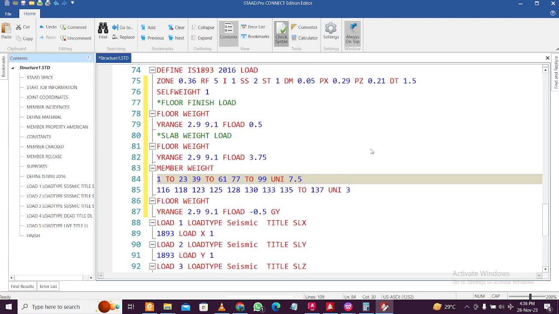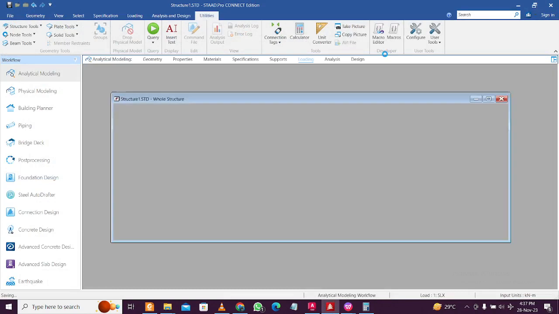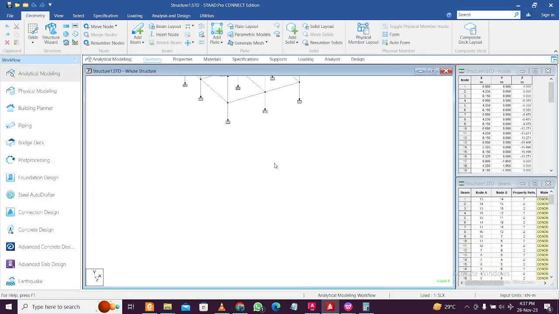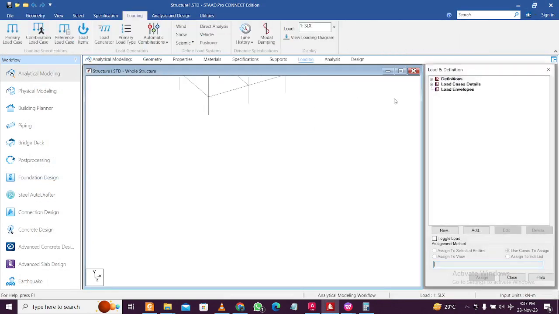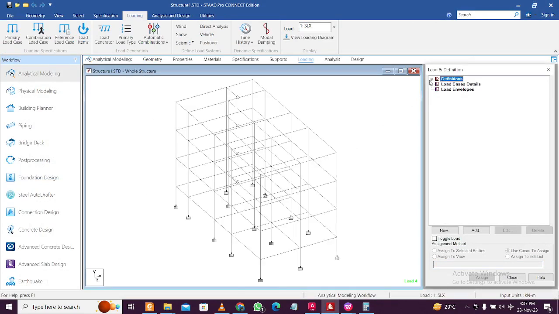Just check syntax, and give it some time to check. Don't hurry, don't panic. Press Ctrl+S to save this, and then you can go out. So like that, in a moment your loading part has been completed. Here you can see the loading part has been completed. So let's go